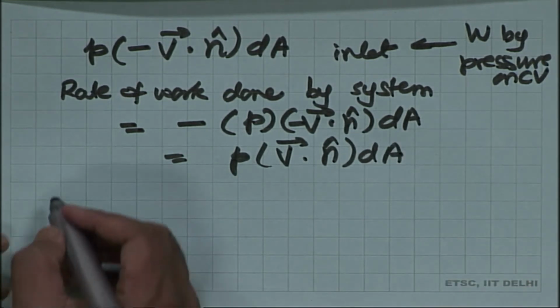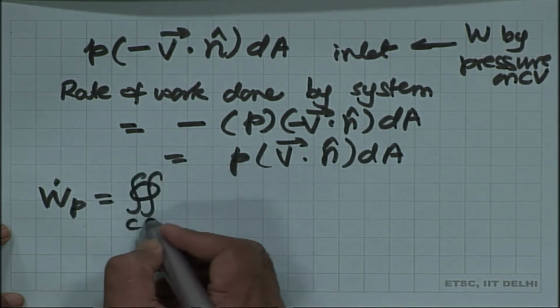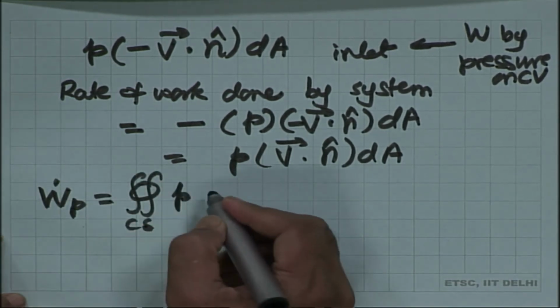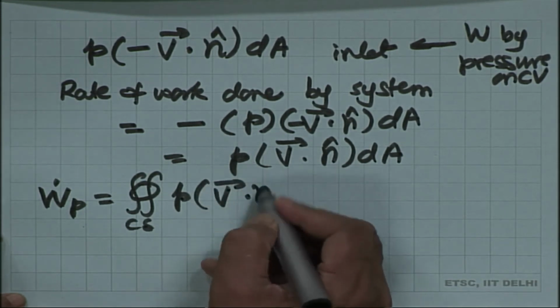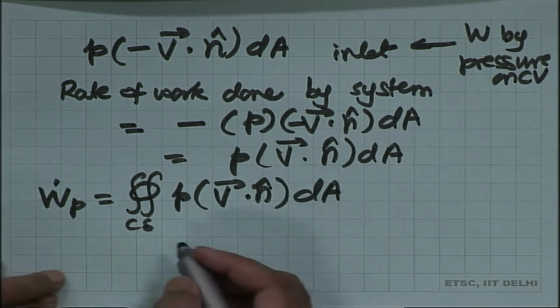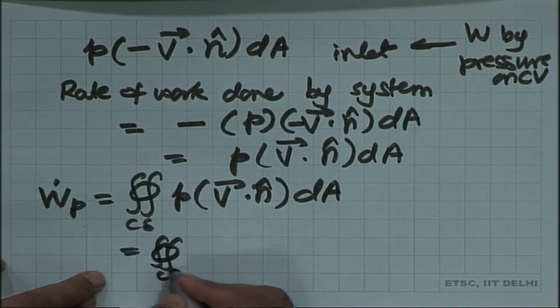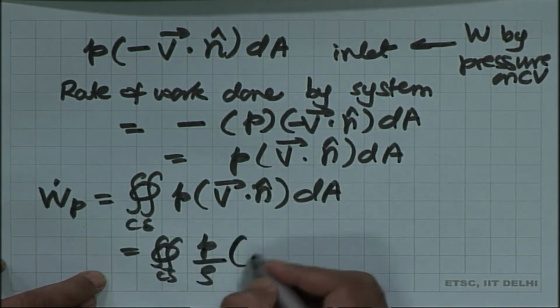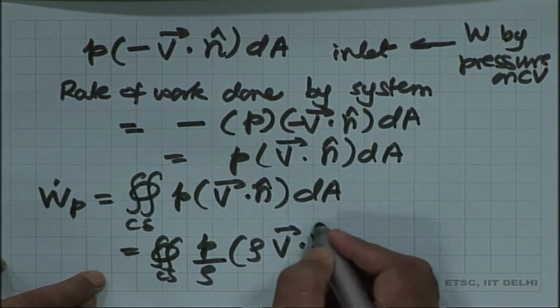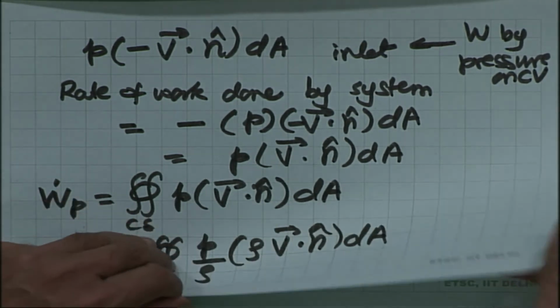So, therefore, work done by pressure will be equal to the integral on the control surface P times V dot n dA. And this we can also write as the integral on the control surface P by rho times rho V dot n dA. I am multiplying and dividing by rho. So, this is the work done by pressure. Now,